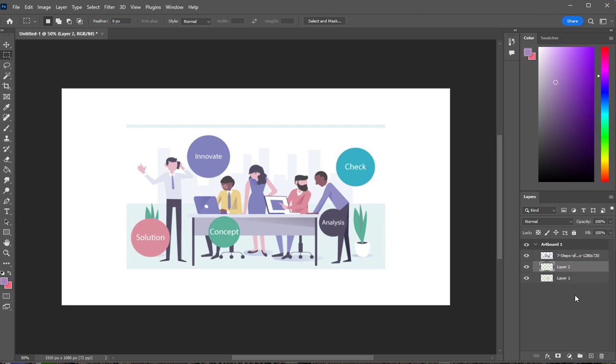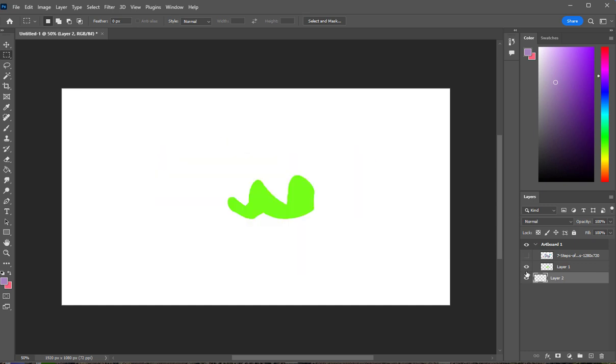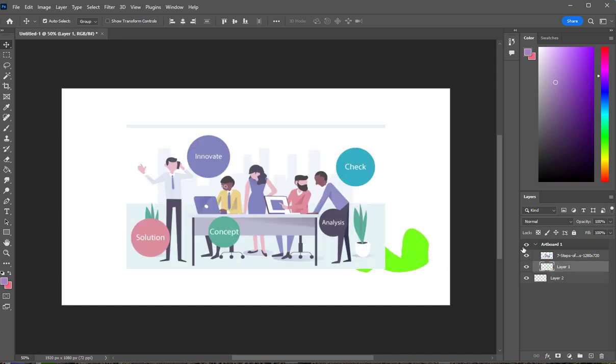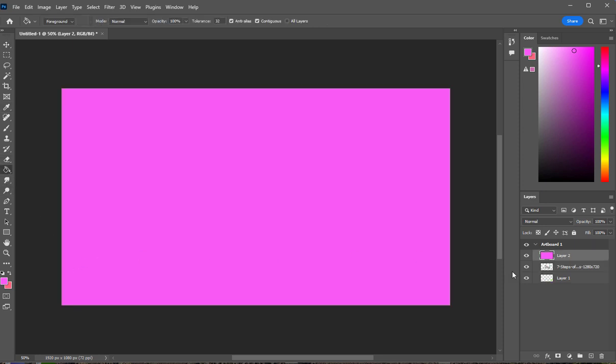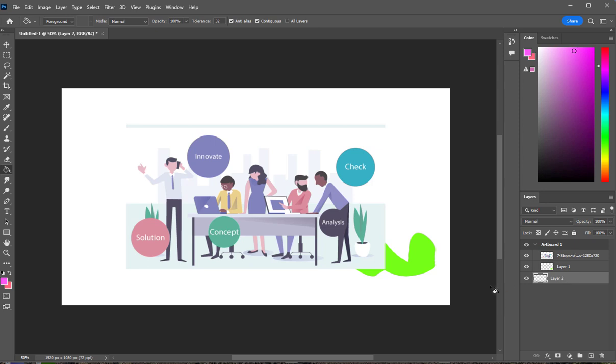But if I create another layer, there's my other layer, and I'm just left clicking on it and dragging it below. So that's our top layer. There's our layer with the green. I can move this over here, turn this on so you can see them both. And I can go to the bottom layer here and pick a color and paint the whole top layer. Select the bottom layer and then